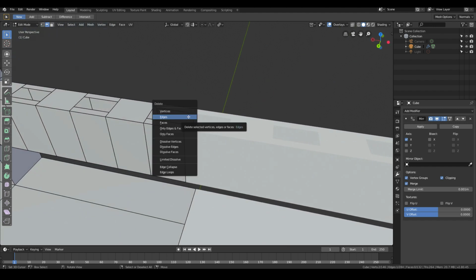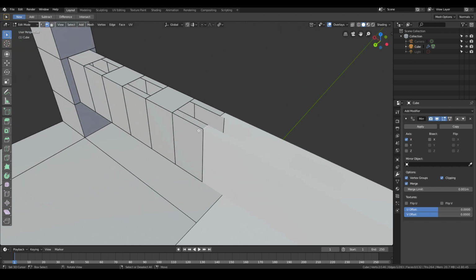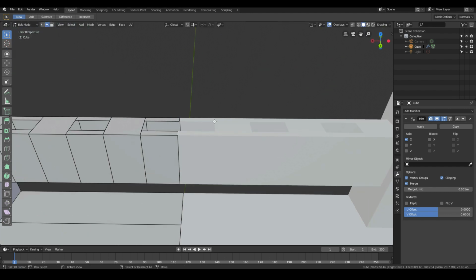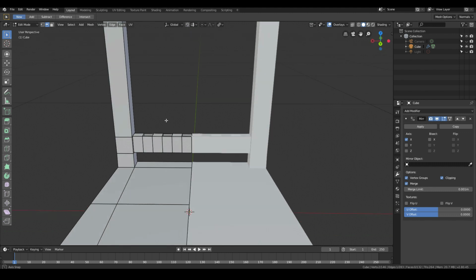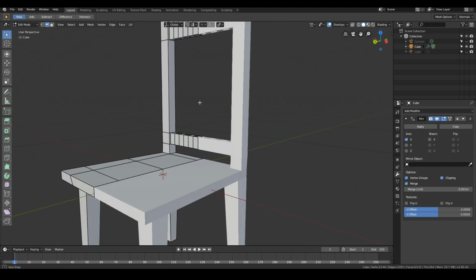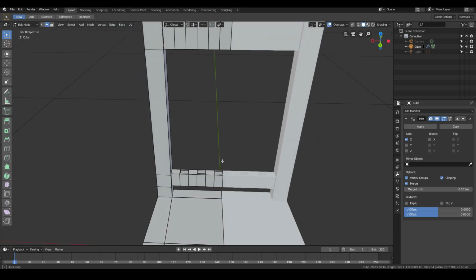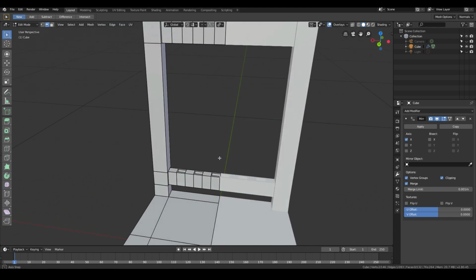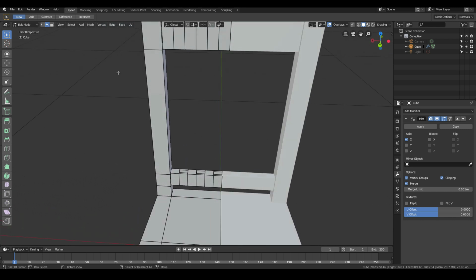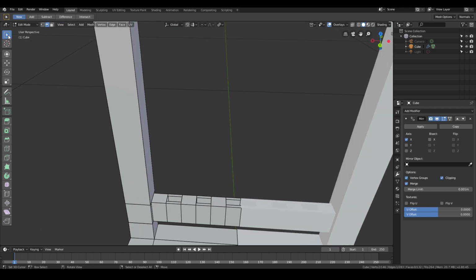And that edge as well. Okay, so it should be clipping. Cool. So we want to now fill it up. So what we're going to do is we want to go ahead and select, let's just go to vertex select mode, select these 4 verts,